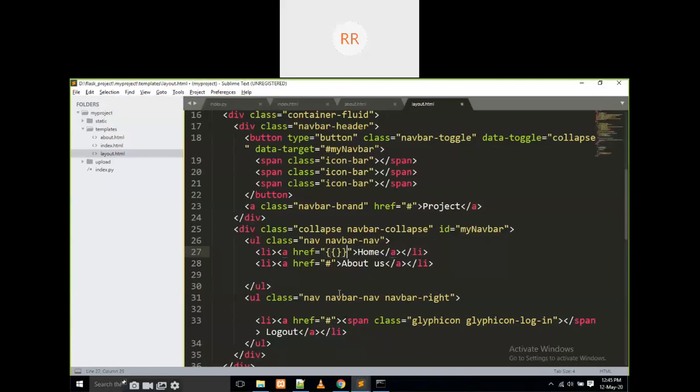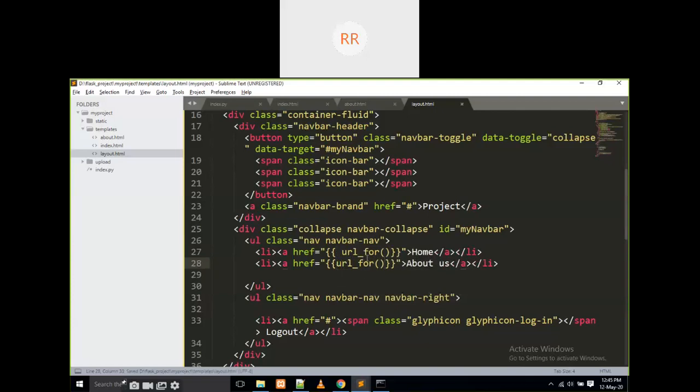Using that hash, we are going to write some Jinja template here. What do we have to write? You have to write url_for. Here also we have to write url_for.